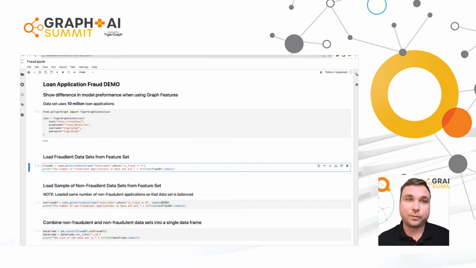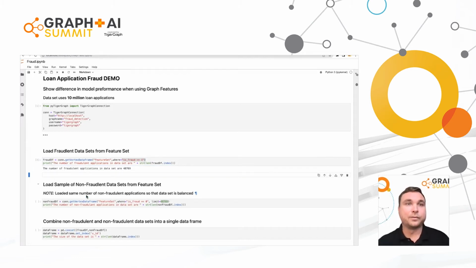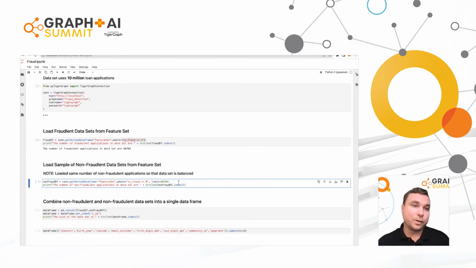Now, in terms of what the actual machine learning model looks like and how you can incorporate these graph features, we're going to load a feature data set, and initially load just the fraudulent applications. And we can see that out of 10 million loan applications, the number of fraudulent applications is about 48,000, 49,000. And what we can do as well is load the non-fraudulent